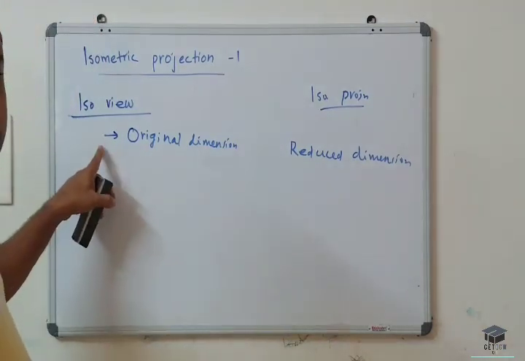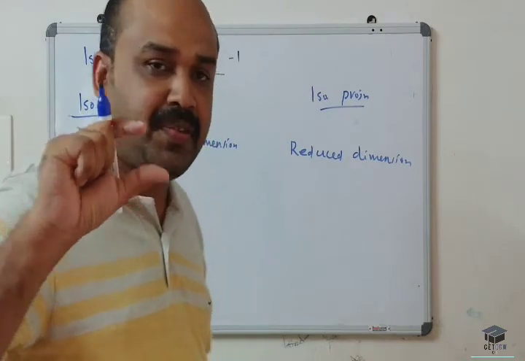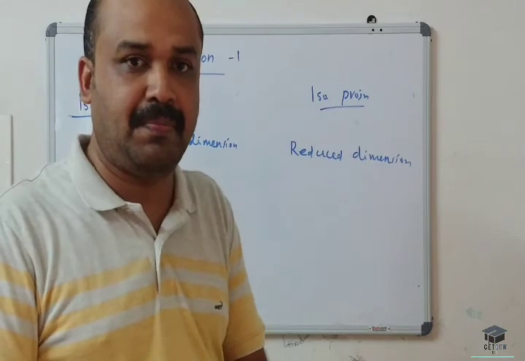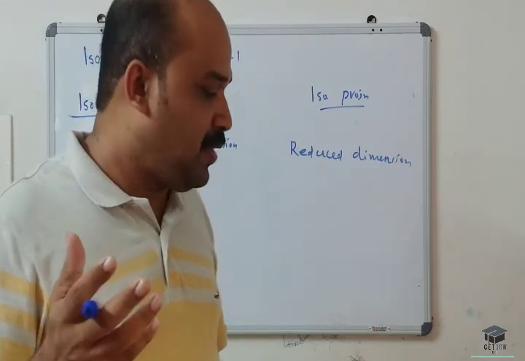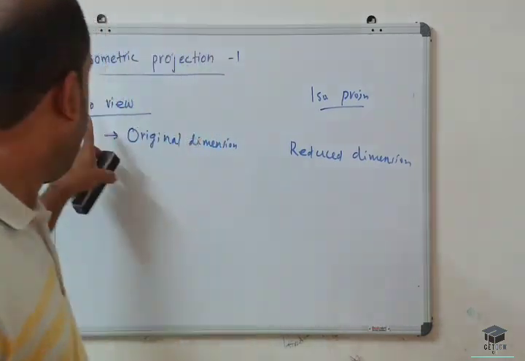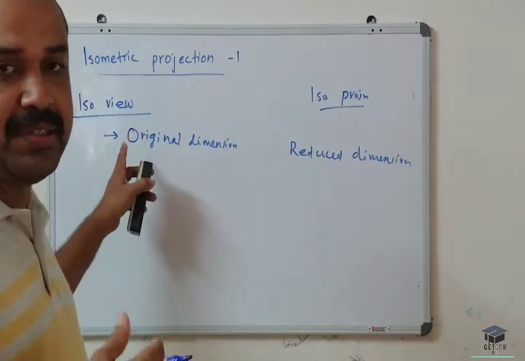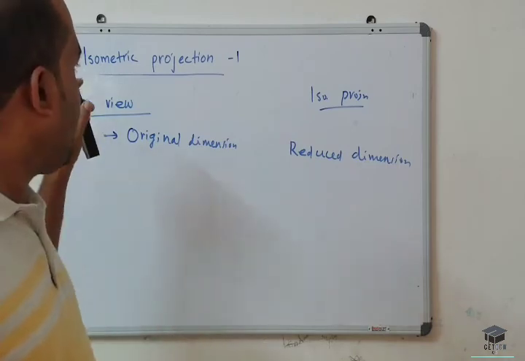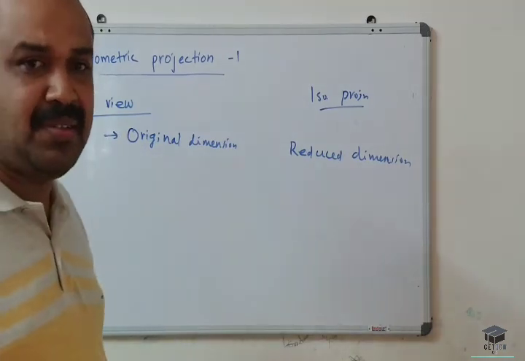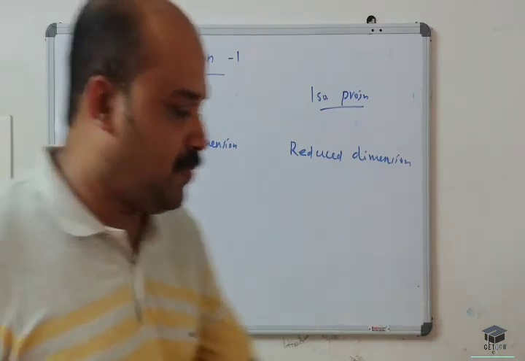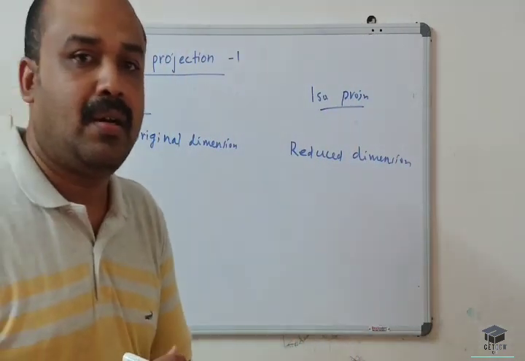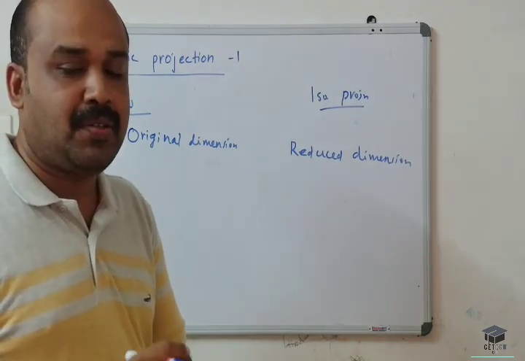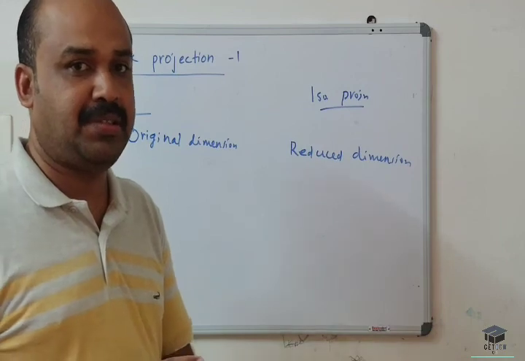The advantage with isometric view is we can directly measure the dimensions from it. In isometric projection, we cannot directly take a measurement. In workshops, carpentry drawings are all drawn with isometric view. It's very simple to understand, and you can get a feel of how the object is. So this is the fundamental thing in isometric projection. In the coming classes, we will solve more problems so that we can easily understand these things. Thank you.